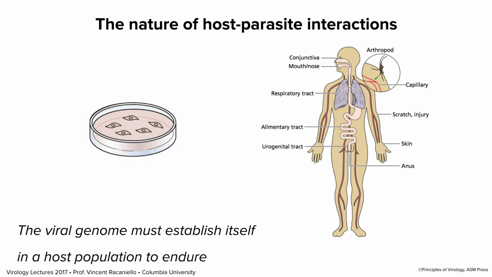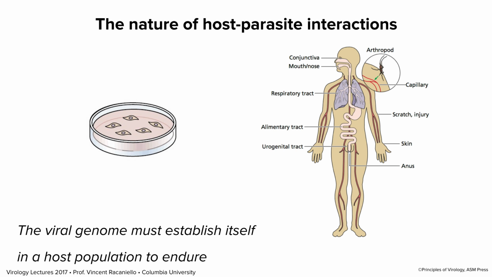So here is what we've done the past 11 lectures. We've studied virus replication in cell culture. That's the only way you can come up with the information that I've told you about structure, transcription, translation, DNA replication, assembly, and so forth, by studying virus replication in a plate of cells where every cell can be infected. You can make purified virus stocks. But cells are an artificial system, of course.